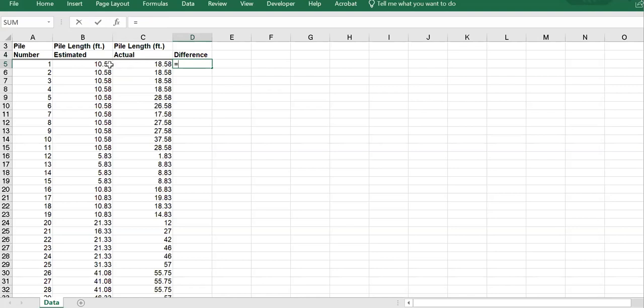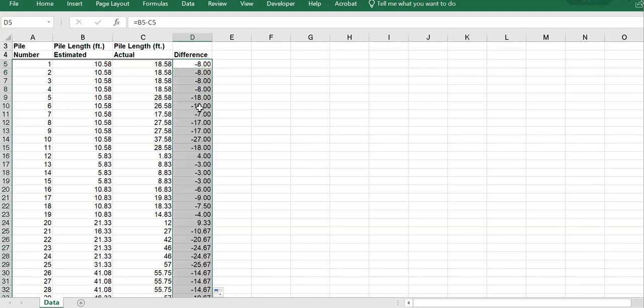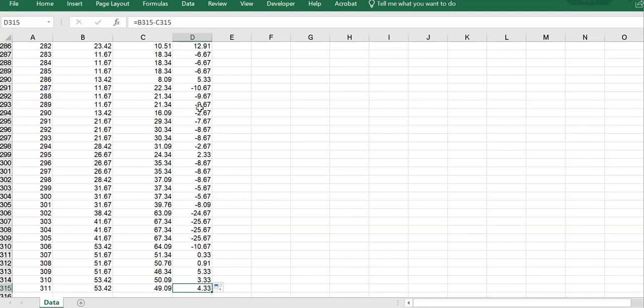So I'm gonna go with the estimated first, estimated minus actual. So my estimation is 8 foot short, and then I just drag it down. So now I have 310, 311 actually